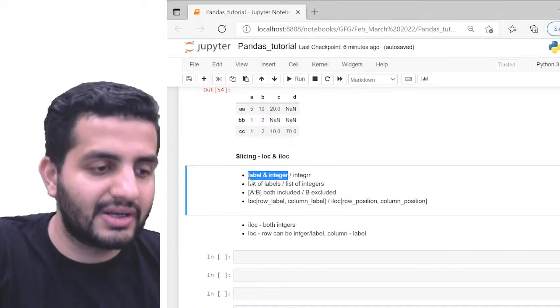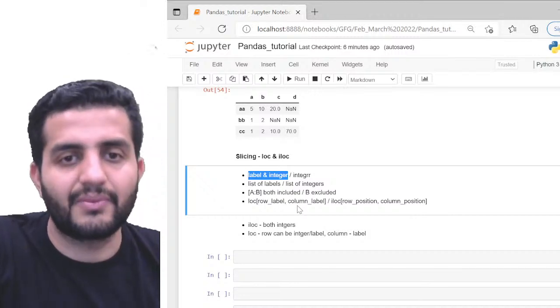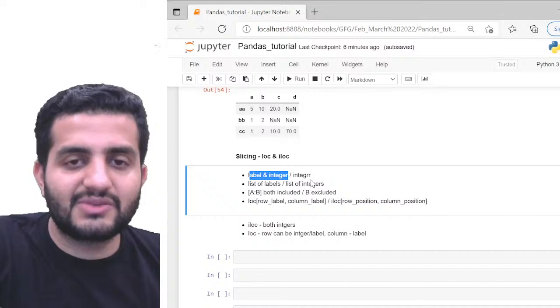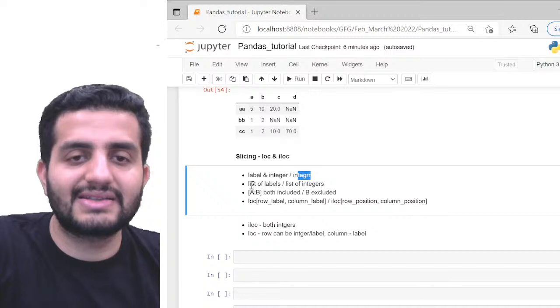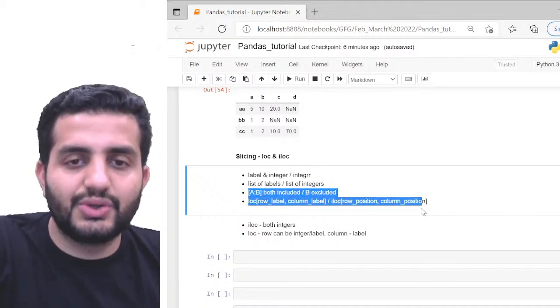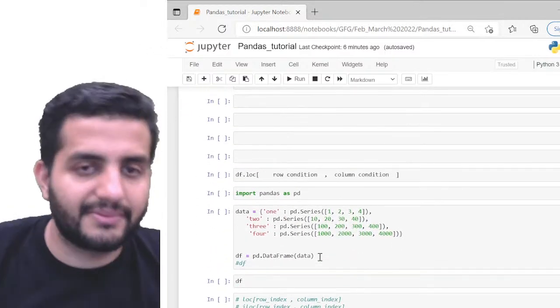I'll show you the differences also, don't worry about that. I'm just giving you the basic definitions as of now. So loc takes the label as well as integers, while iloc only takes integers. Now, the list of labels is pretty much fine too, and I'll show you all of these in the differences. So how does it look?